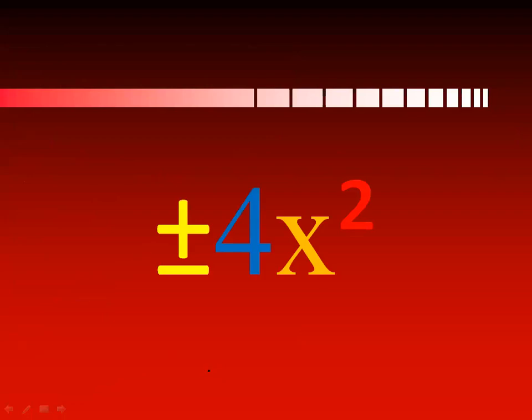Now move on to the next topic, that is this one. Here I'm going to repeat what these things are. First of all, what is this? Plus and minus. These are the signs. If any number is going to multiply with your variable, we will say that it is the coefficient. These are the signs, plus and minus, and this is your coefficient.